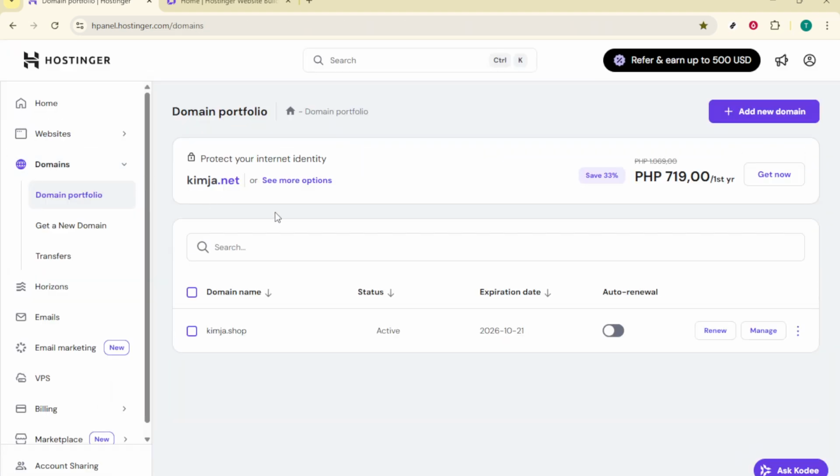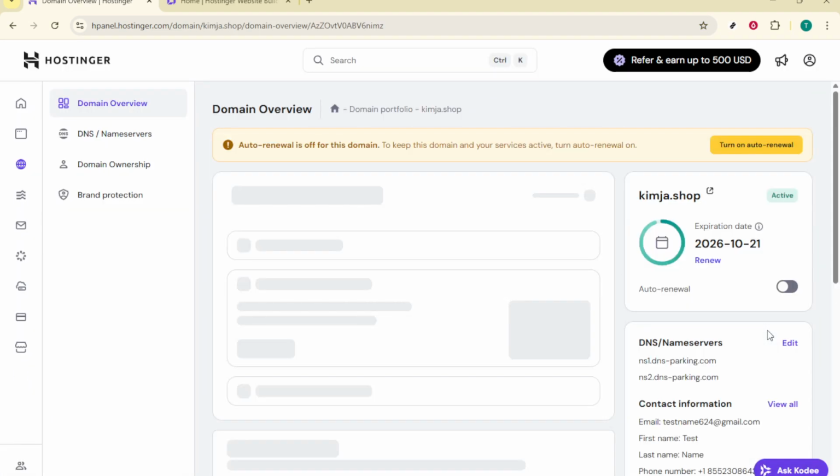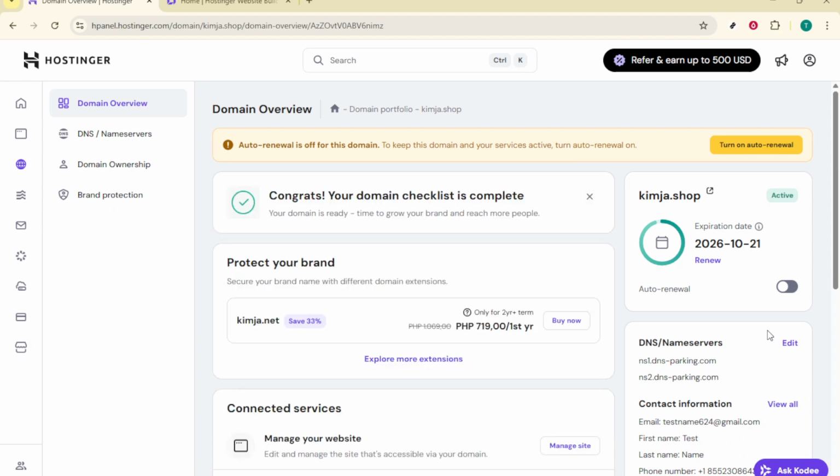Now, here's the beauty of this process. By clicking the Manage button, you are automatically logged into the control panel associated with that specific hosting service. If your plan supports it, this will take you directly to cPanel without the need to input additional login details, saving you time and effort. It's a seamless transition designed to enhance user experience, especially for newcomers unfamiliar with the intricacies of web hosting control panels. By following these steps, you'll find yourself inside the